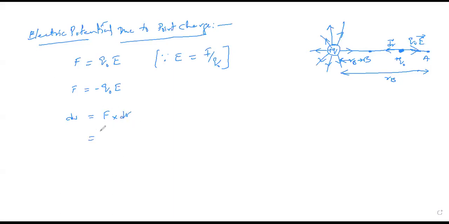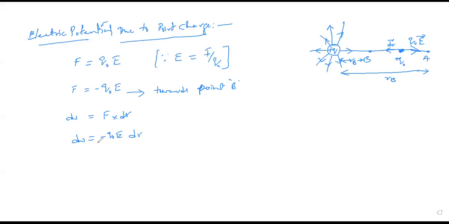Therefore, already we know from this expression, with respect to the test charge which is moving towards point B, the force exerted towards point B when we move it. So here I am going to write this as minus Q naught E into dr. What is this now? This is the work done. So this is Q naught E into dr. This is the actual work done by some external agent to move this point test charge from here a small distance of dr towards B. Correct? So this you already know.